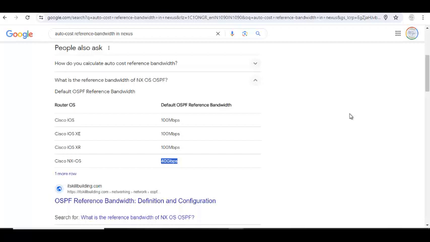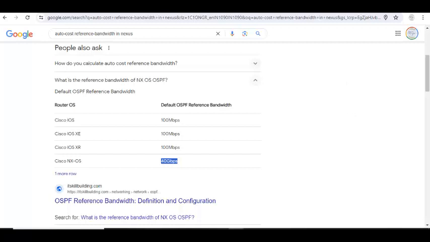Even MDS switches, multilayer director switches, all new MDS switches run NXOS. Earlier, there was one OS called SAN-OS. Now they have replaced it with NXOS. So no need to do the reference bandwidth change if we are working on Nexus.